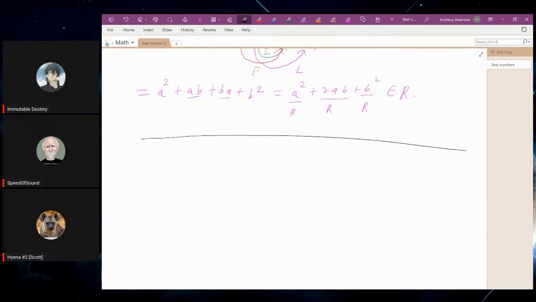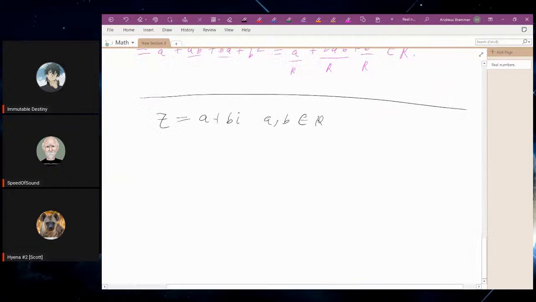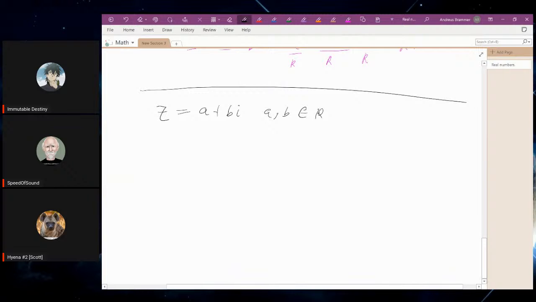So let's take some complex number z to equal a plus bi, and a and b, like we've said again, are both elements of the real numbers. Is that a 2 or a z on the left of the equals? Z. Okay. So z squared is equal to a plus bi times a plus bi,